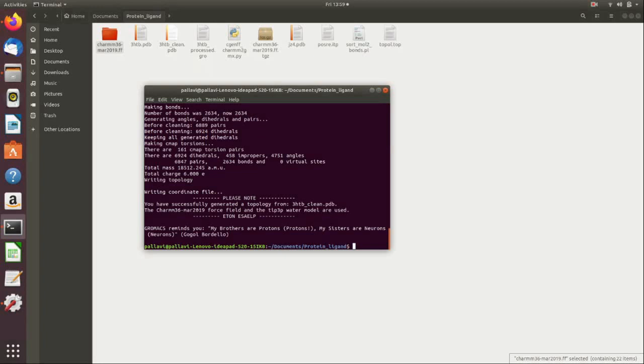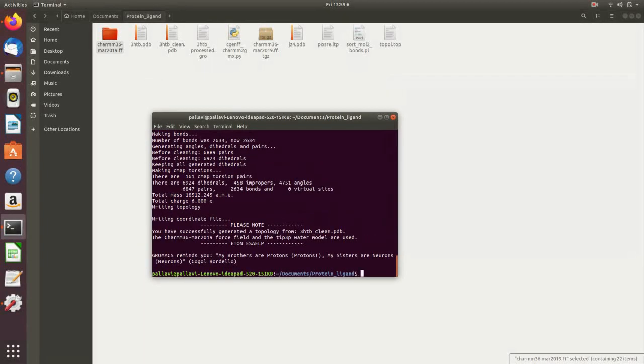The next thing is, after this, what we did is we actually carried out a processing step for your protein, and because your protein was processed, that's why we got 3 files here. We got your processed.gro file, your topology file, and your position restraint .itp file.